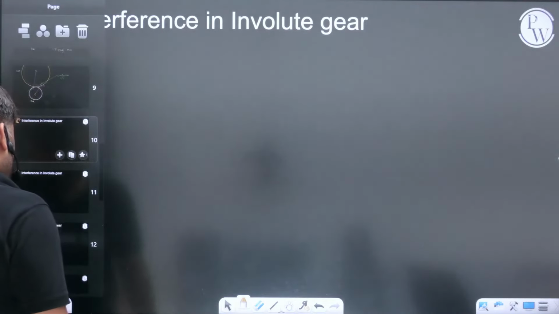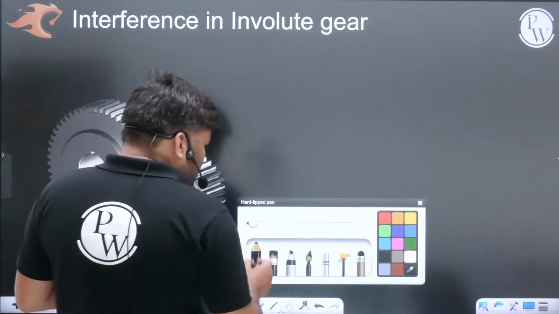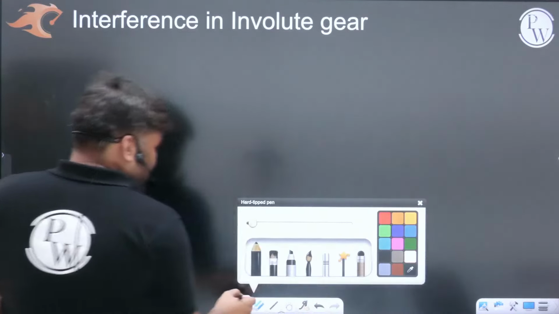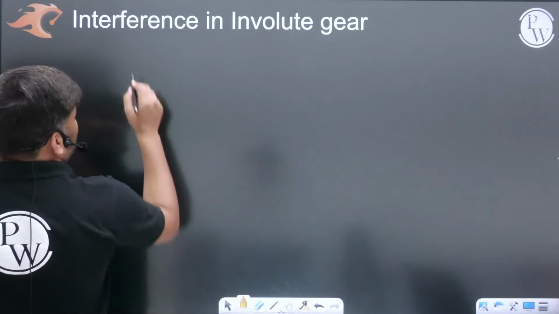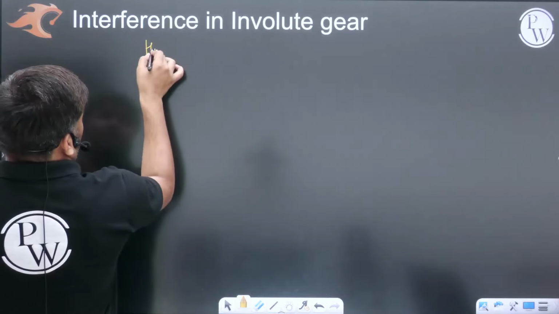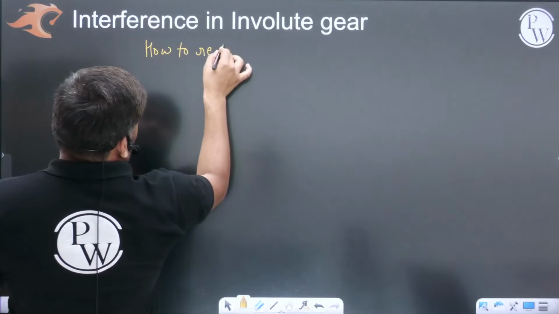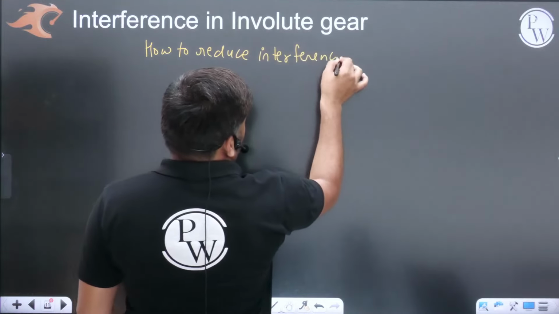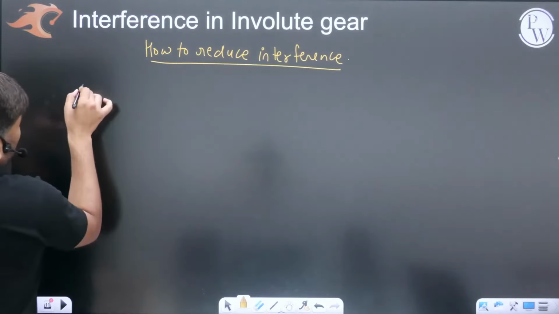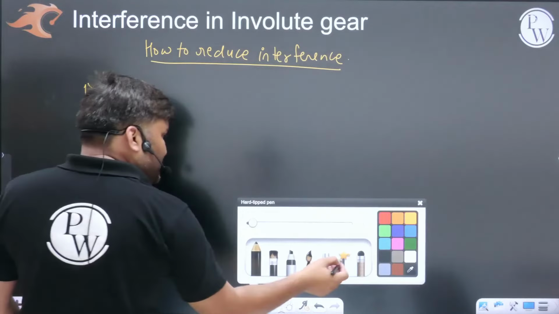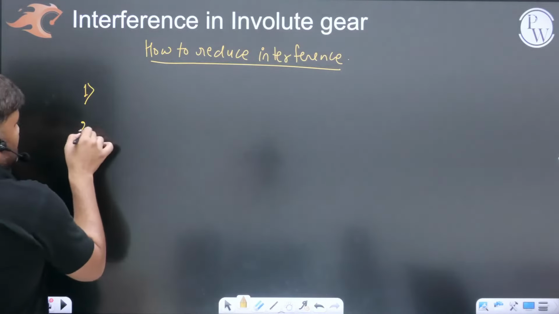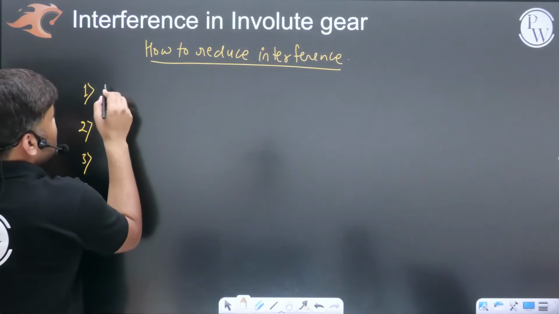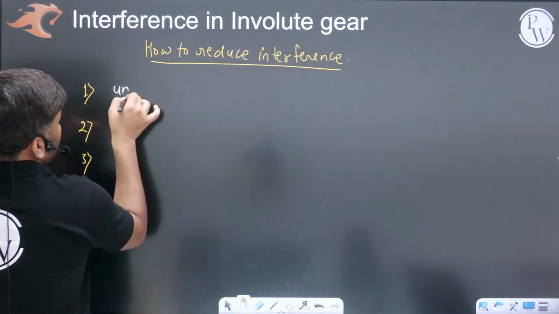Achha, in examination the very first question they can be asking you, how can we reduce interference? Let me write a few methods on how to reduce interference. Very clearly, beta, there are a few methods, just remember them. In examinations it can be asked. Either you can do undercutting,